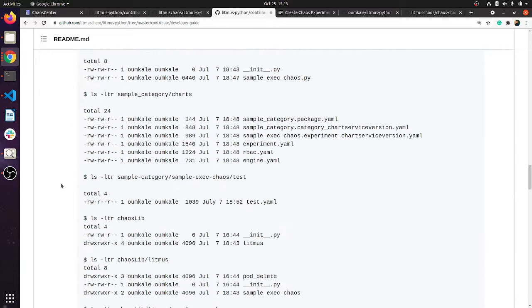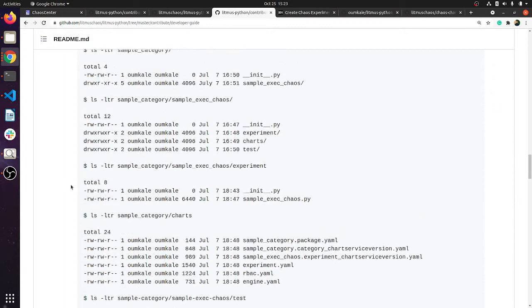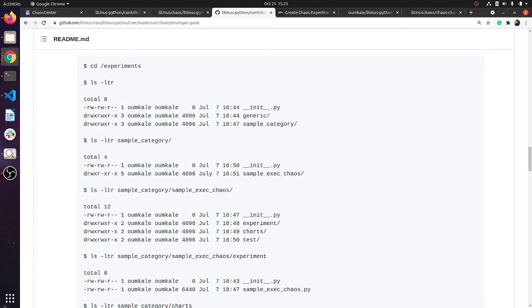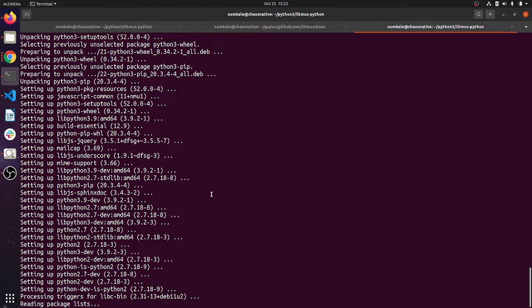You can actually see here whatever files and directories have been created. For the time being, let's wait for some more time.